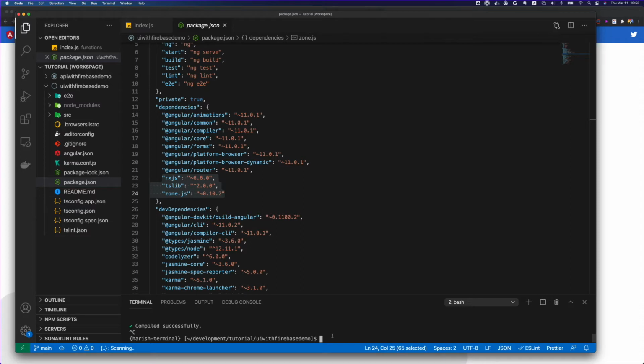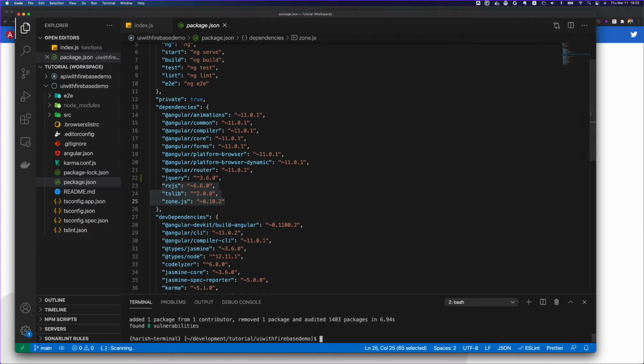So first of all, I need jQuery. So I'm going to do npm install --save jquery. So now jQuery is available. I also need a JSON viewer because our response from the API is coming in JSON, so I want to use that as well.